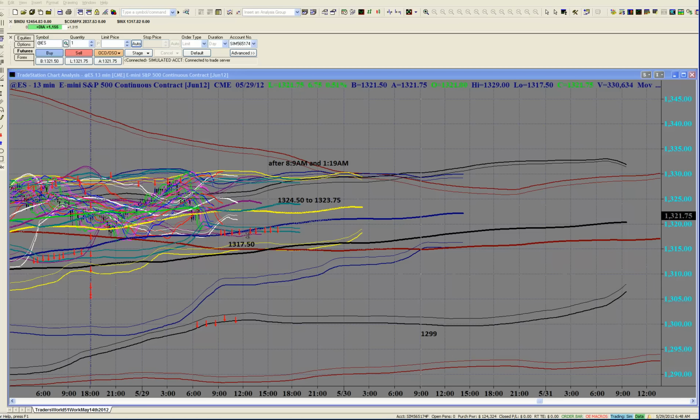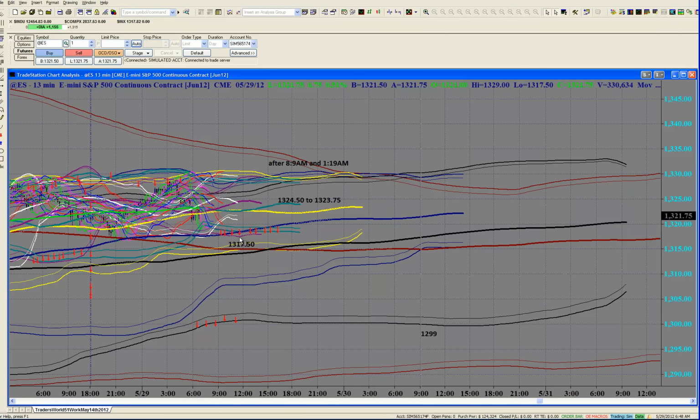Right now, a very critical area is indicated at the 1317.50 area, where you see this purple line overlapping with this teal boundary, and that's right around that 1317.50. I'd say about 1317.25, to be safe. What that means is if price trades underneath that level for 13 minutes or more, at any point going forward into, let's say,